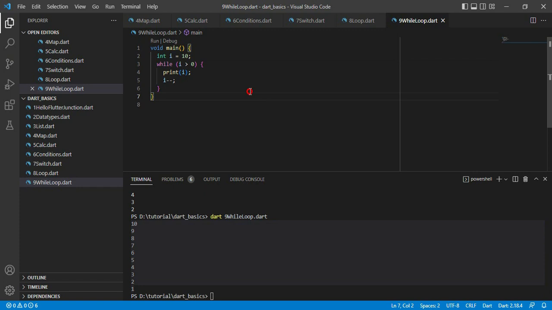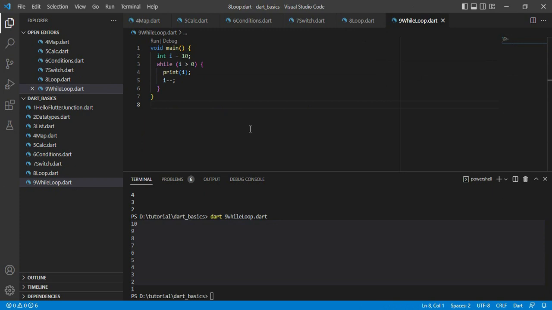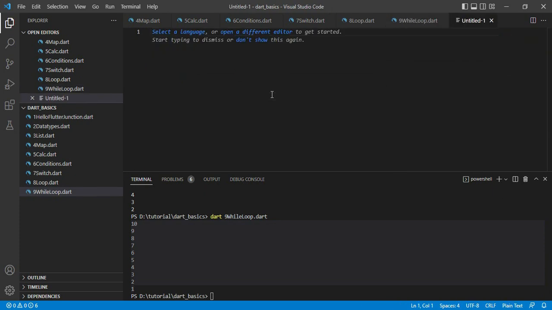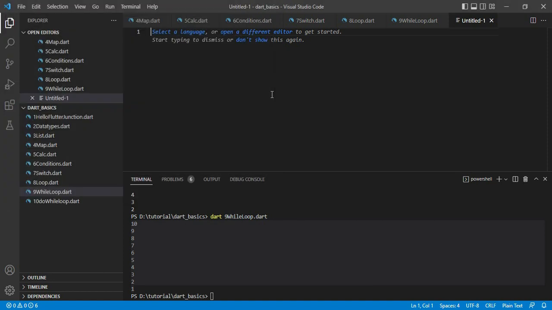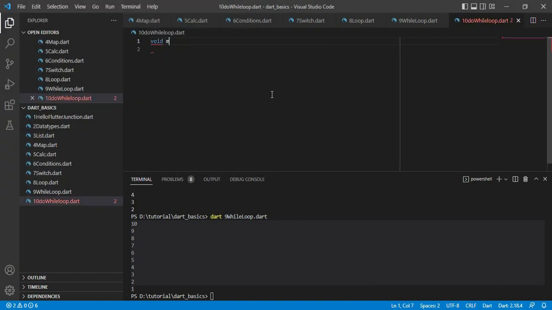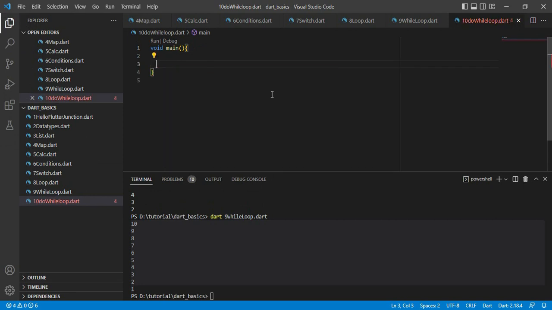And this was for while, and let's learn our third loop, the do while loop, and create the new file. Control S, and then 10 do while loop dot start. Void main. Right, now do